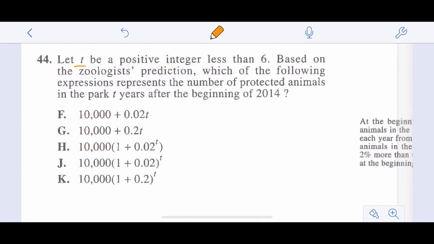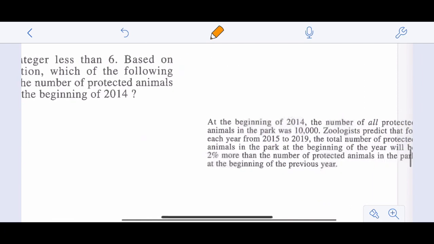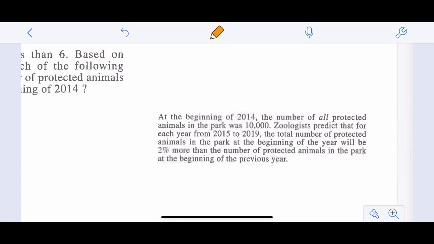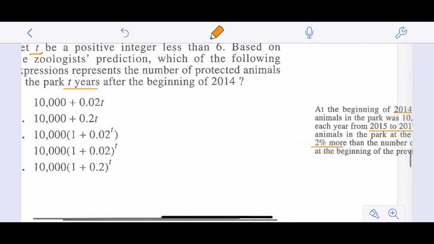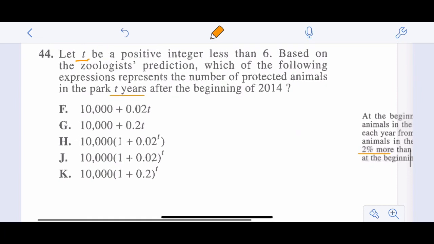Let T be a positive integer less than 6. Based on the zoologist's prediction, which of the following expressions predicts the number of protected animals in the park T years after the beginning of 2014? So we go over to our description, and I just copied it and pasted it here to make it more convenient. Beginning in 2014 through 2019, the total number of protected animals was expected to grow 2% from the previous year. So 2% is 2 over 100, which is